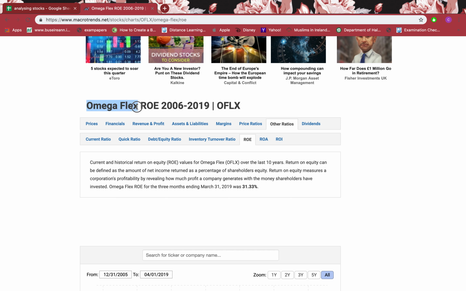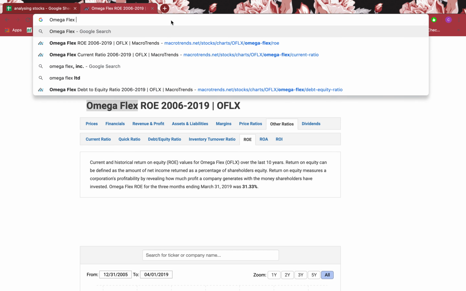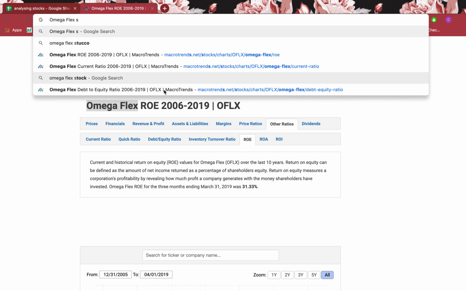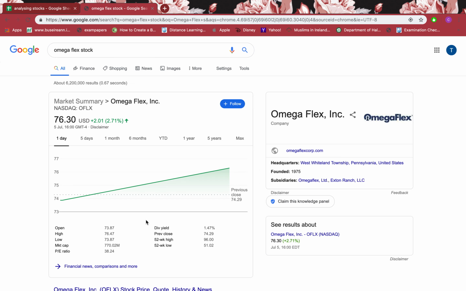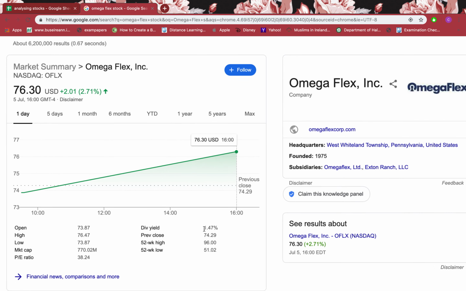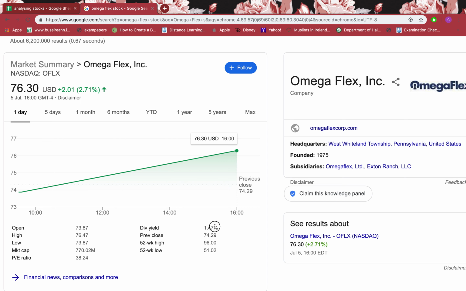I want to see if this stock pays any dividend. I'll just paste this and write stock beside it. And in Google, it says dividend yield is 1.47%. Even though the percentage is very small, but